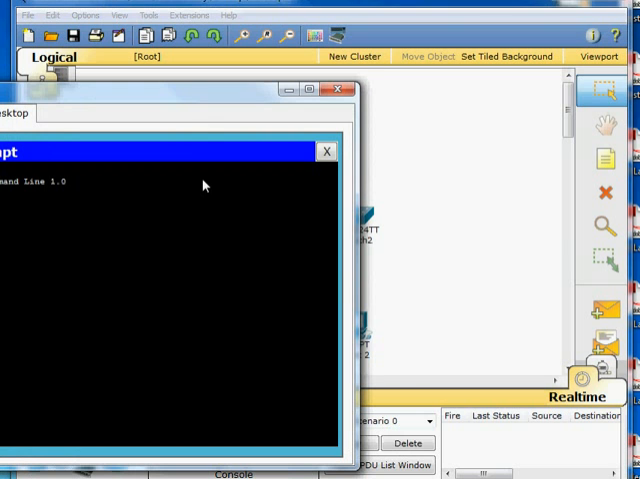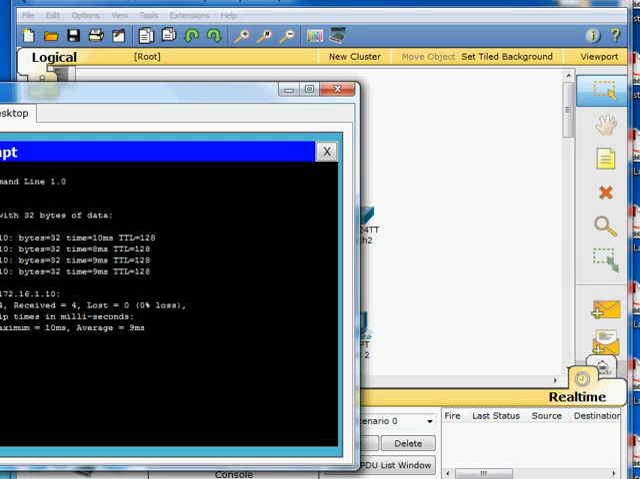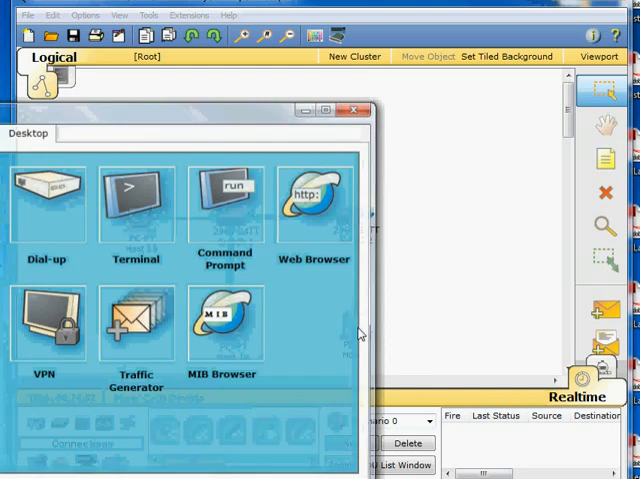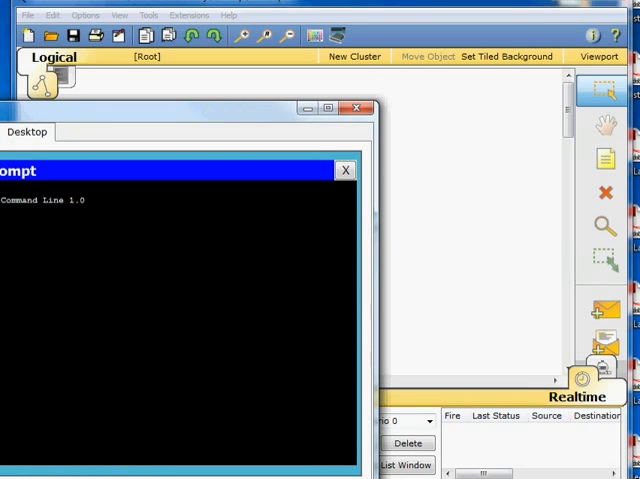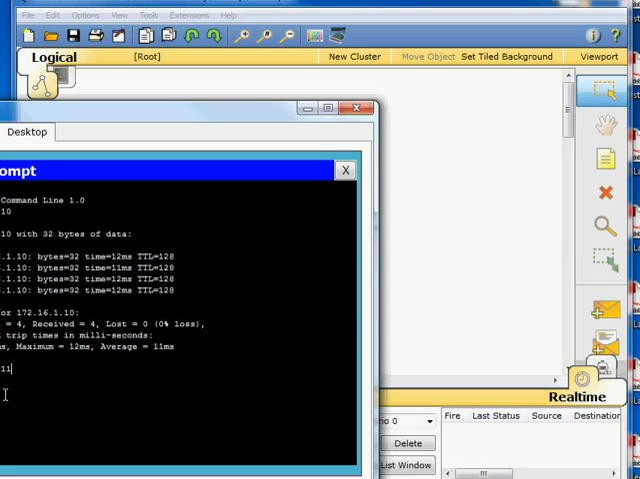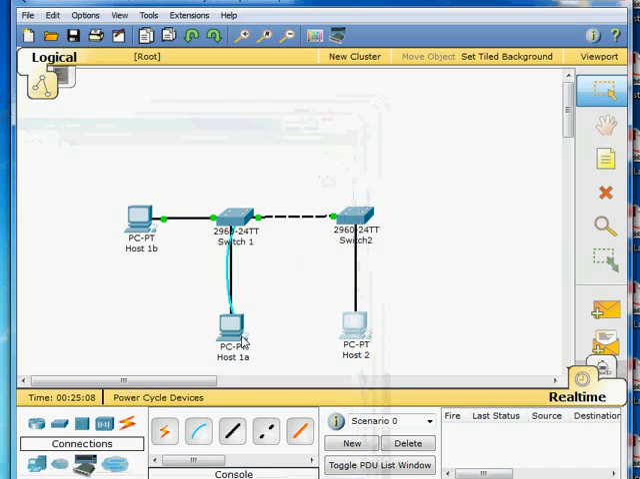Now we'll try host 1B. You can try .10. Getting replies. Excellent. .12 should be able to communicate as well. Getting replies. Outstanding. Now we'll try host 2. He can try .10. And .11. And he's getting replies. Excellent. So all the PCs can ping each other. Outstanding. So next up,